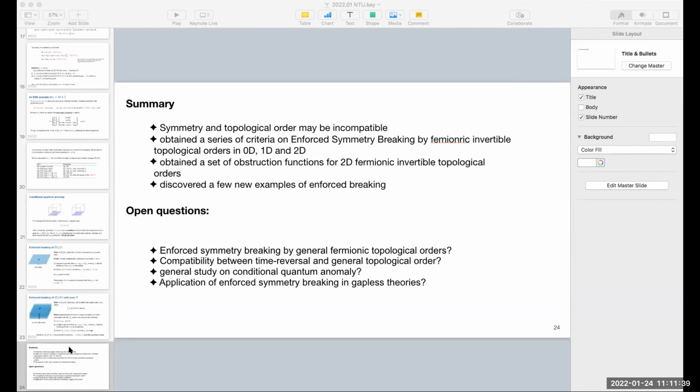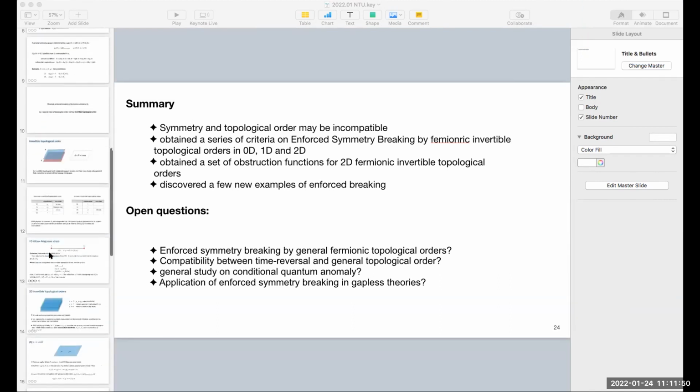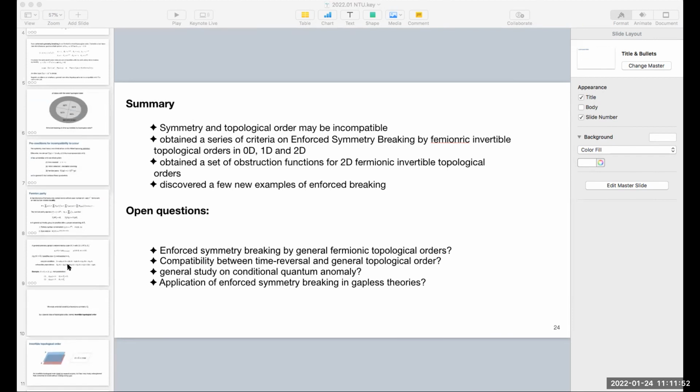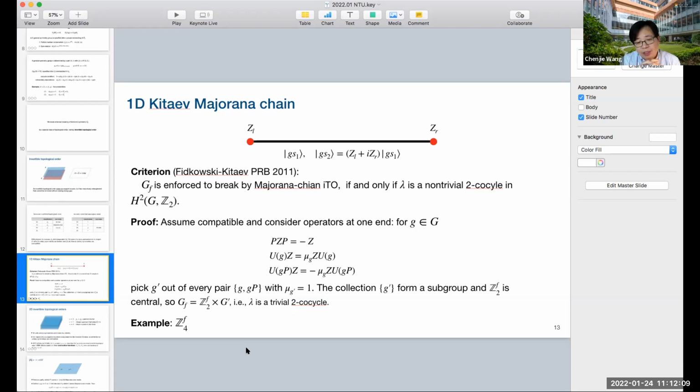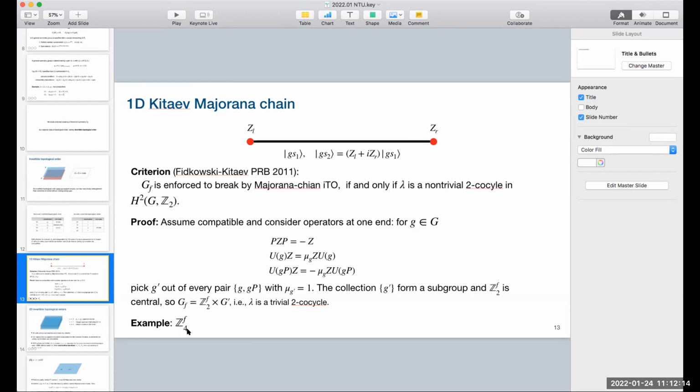Before you go there, Chenjie, can you illustrate this? Because a lot of what you introduce is a very interesting formalism, but also quite formal. Before you go into application, can you go back to this 1D Kitaev chain? This is an example of the absence of symmetry being necessary, right? You gave a very general proof mathematically. So if I go back to the Hamiltonian, what kind of symmetry do I have to break physically in this particular example? Particle number conservation must break. So it's just the U(1) symmetry that you're breaking here. The pairing will break the symmetry. Yeah, but it must break down to the usual Z2.